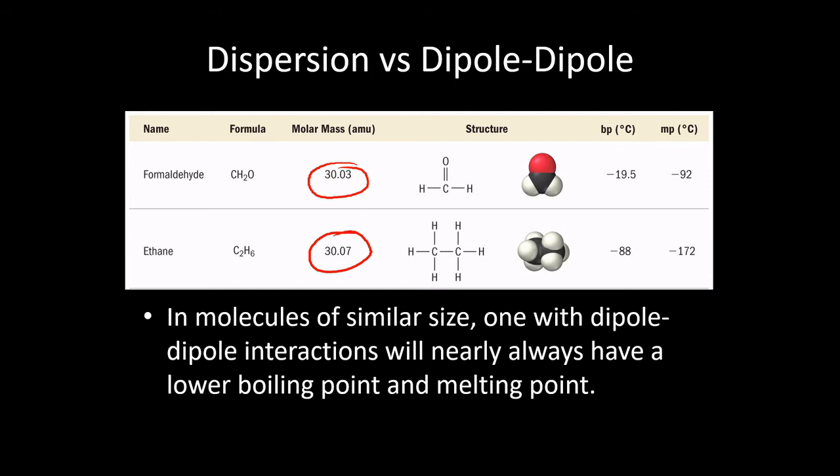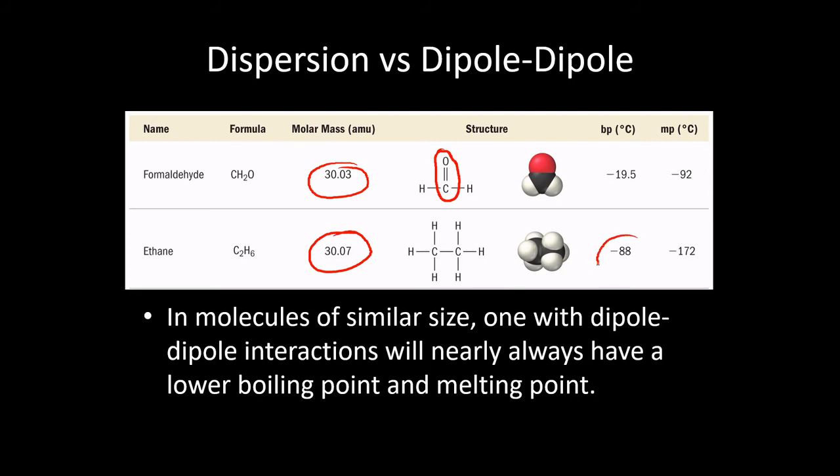They have the same mass and essentially the same shape. But because formaldehyde has this polar bond, which gives it the capability of interacting with dipole-dipole forces, its boiling point